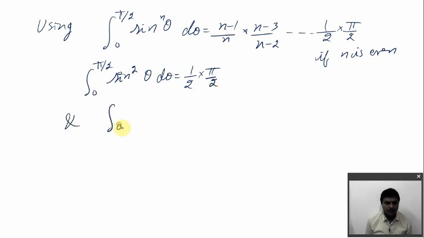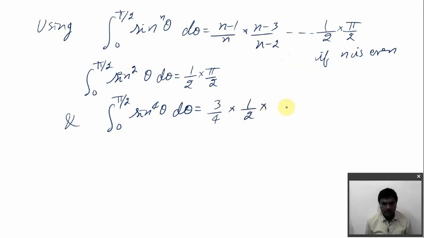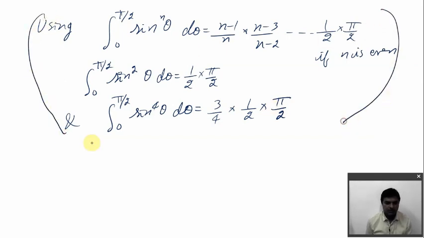And see, integration 0 to pi by 2 sine raised to 4 theta into d theta. So you put 4. You can see here, when you put 4, 4 minus 3 is 1, 4 minus 2 is 2. So here 4 minus 1 is 3, and here 4 minus 4 is there. So n minus 1 upon n. So this gives you 3 upon 4 into 1 upon 2 into the last term, which will always be pi by 2. So these two values you substitute. Therefore, using all these formulas, practice these formulas, you will get the integration